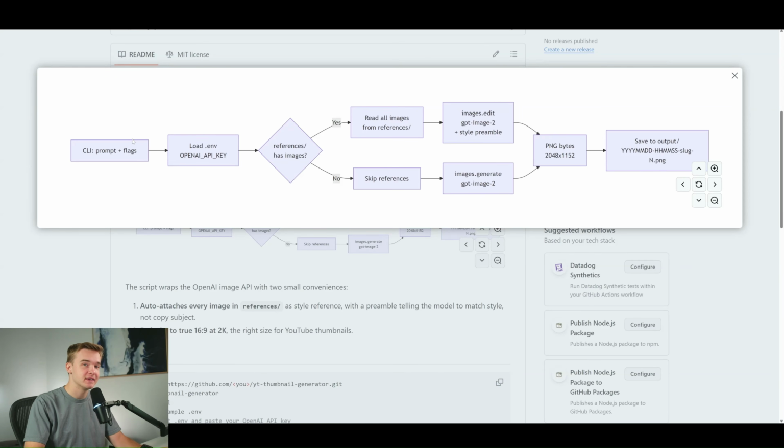Ultimately, what we're using is Claude Code at the start here. That's our CLI, and that's what we're using to give it some instructions on what to create the thumbnail about. This will then get sent through OpenAI, of course, using our own OpenAI key. This gets sent into a folder with a bunch of reference thumbnails and images. I'll cover more about reference images in just a minute when I go through my own Claude Code setup. But once it's had a look at those reference images, if it has reference images, it's going to add them into the request into the GPT Image 2 model to then